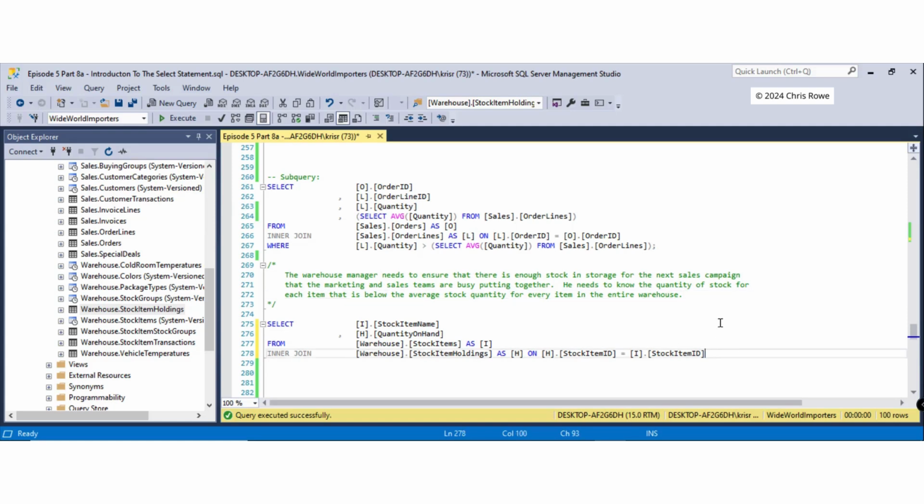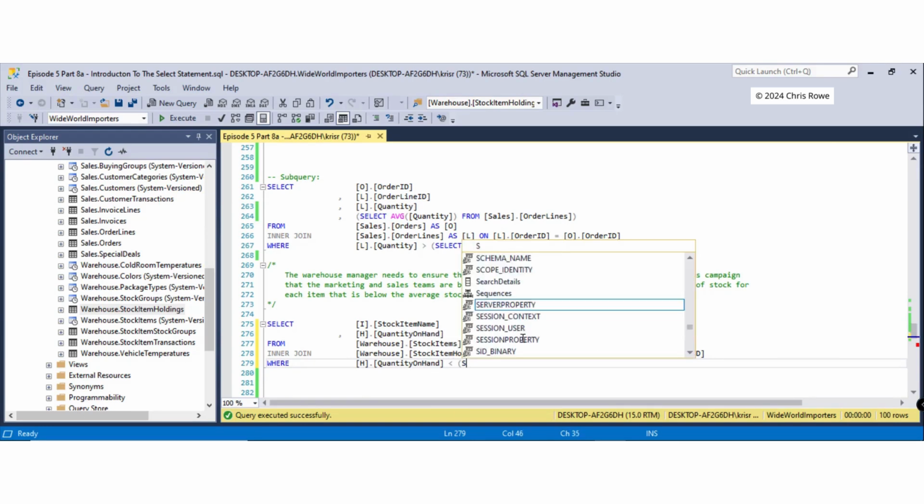Right, so first of all we need to build a little subselect, or a subquery in this case, to get the average stock quantity for every item in the entire warehouse. So it'll be along the same lines as this one here, but we also need to make sure that we only show items that are below this average stock quantity. So that's going to be in our where clause, and that's the quantity on hand is below, should we say less than,